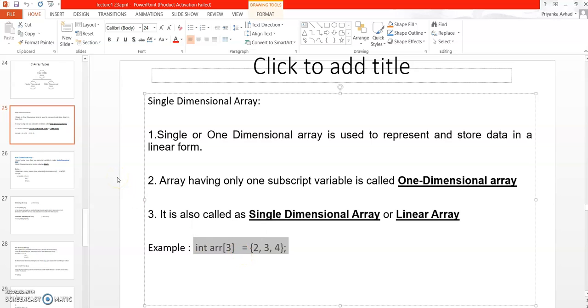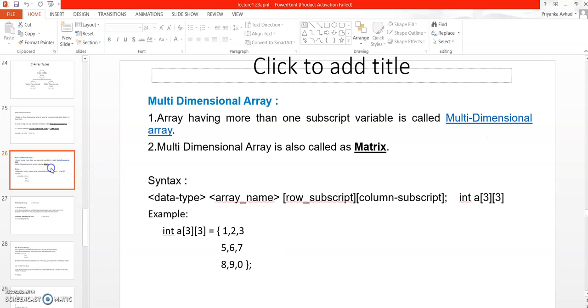Same thing will happen with the multi-dimensional array or two-dimensional arrays, but there is a little change. A multi-dimensional array can be defined as an array having more than one subscript. It is also called a matrix. A multi-dimensional array can be defined using 2 subscripts or 3 subscripts depending upon the dimension. If you are using a 2-dimensional array, it will have 2 subscripts.